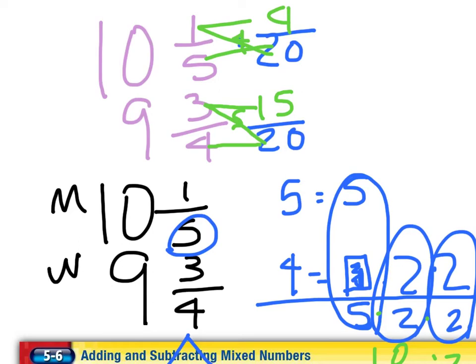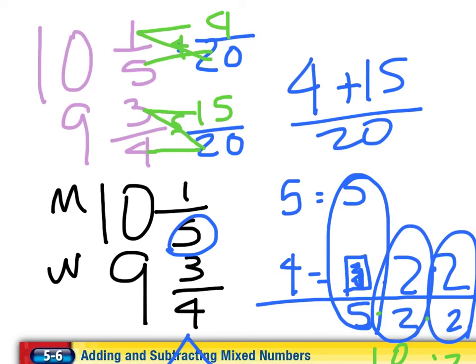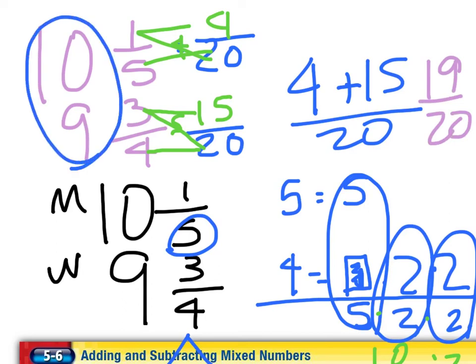Now we can add them up. I'm going to slide a little bit so I've got more room this way. And here we go. Okay, so now when we add this up, we've got 4 20ths and 15 20ths. Well, we can write it like this. We've got 4 and 15 20ths. How many 20ths is that? Okay, 4 and 15 is 19 20ths. And let's not forget that we have whole numbers over here we need to include in this. So 10 and 9 is 19. So our answer is